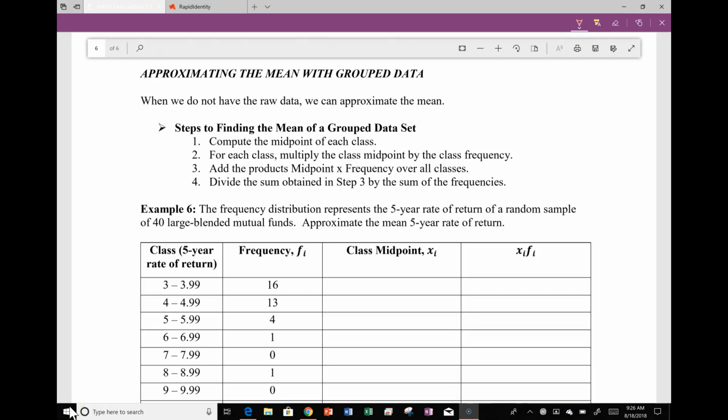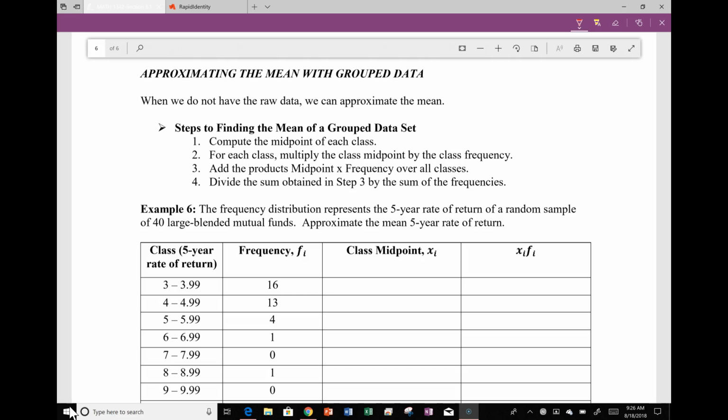In this video, we're going to discuss how to approximate the mean of grouped data sets. Recall that grouped data sets are those that have already been placed into different classes, such as these. We've already found the class width, we've calculated the upper and lower class limits, so we do not have the